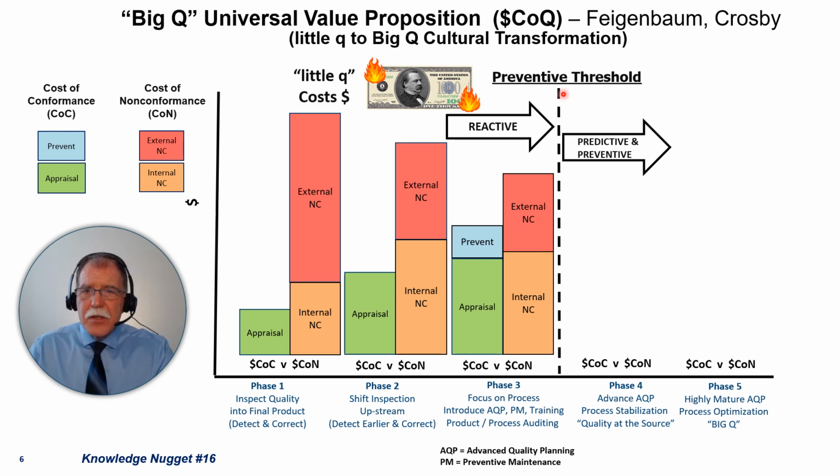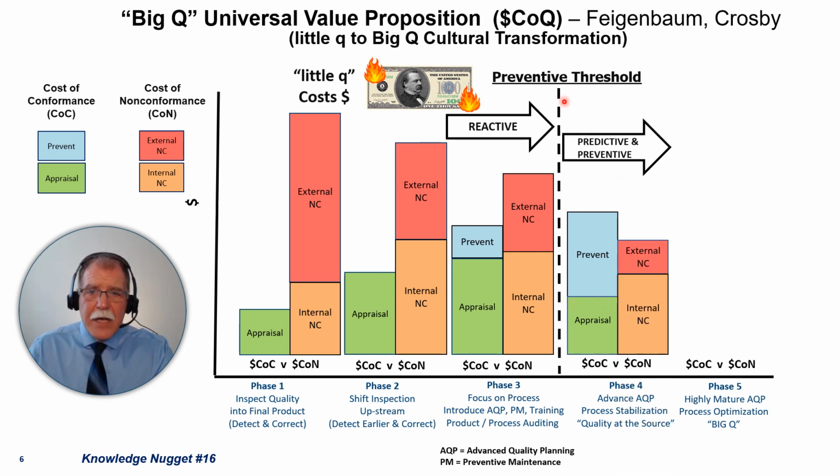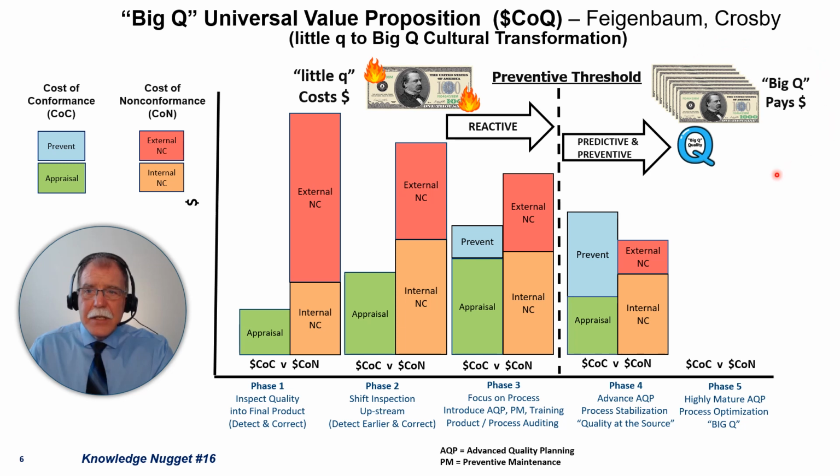Now, how do I know as an organization that I've crossed over this preventive threshold? Well, the first thing is that the amount of preventive activities and costs are now for the first time greater than the amount of appraisal activities and costs. I also know that I've crossed over because the cost of conformance for the first time is now greater than the cost of nonconformance. This is where the organization starts to realize that big Q quality pays